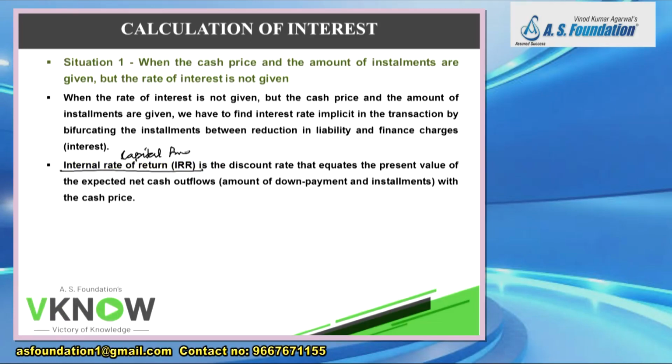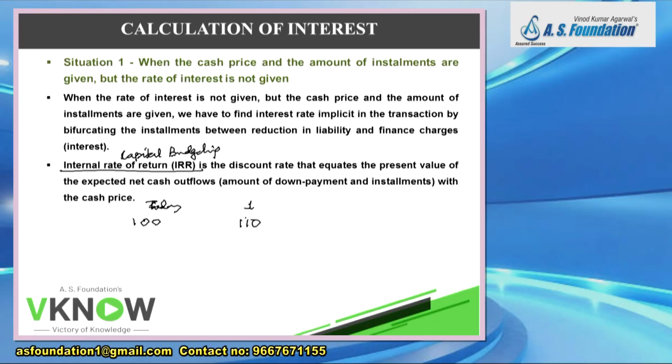Capital budgeting chapter in FM, but that you may not have studied. So we have to find IRR, internal rate of return. That is the rate of interest which is already included in the installment. Simple example: suppose you deposit 100 rupees in a bank today. See the example of IRR, an easy example. Today, and after 1 year, suppose you receive 110 rupees.